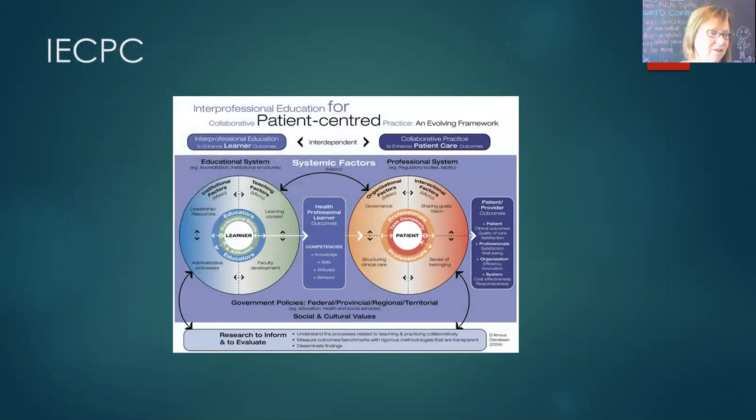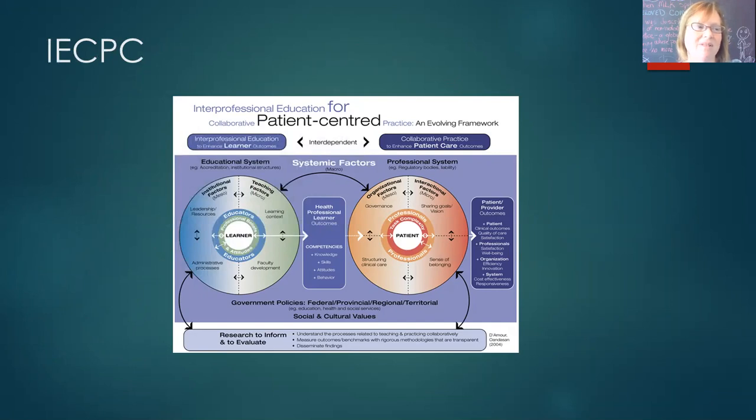So how does interprofessional education actually work? Well, here's a model that has been developed that really forms a framework for how we can integrate interprofessional education into our curriculum and really promote that in practice environments as well. So not only interprofessional education in universities and colleges, but also in hospital settings and other kinds of clinical settings. This is developed by Demore and Owandason, and this is their framework, referred to shortly as the IEC PCP Model, interprofessional education for collaborative patient-centered care.